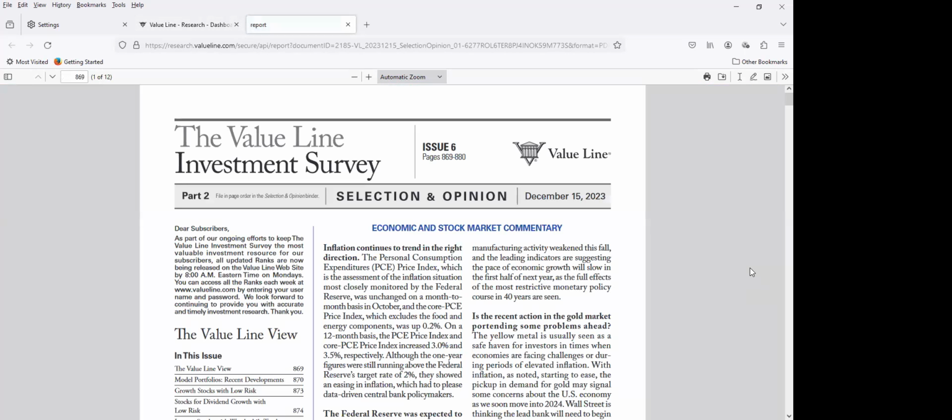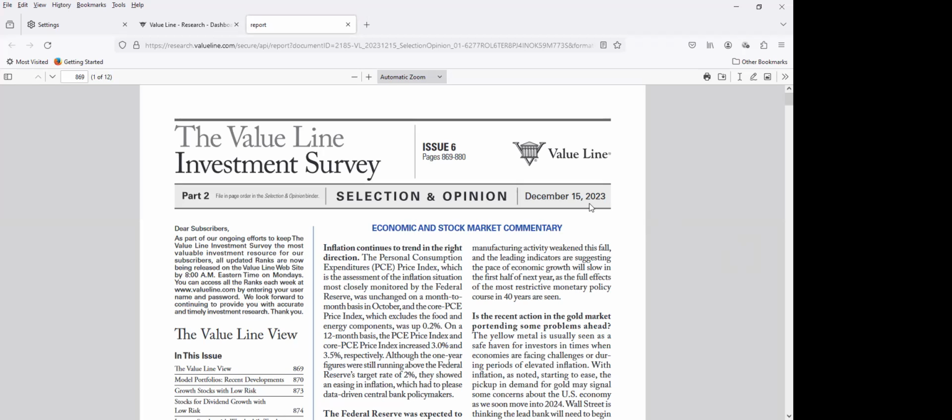That would include, for example, the Selection and Opinion newsletter that is updated on a weekly basis. So this will have information and articles pertaining to stocks. It may highlight a new stock that we're introducing to the Value Line universe, different types of screens that we've created, and all types of economic and market information within this little periodical. And you'll note the date, February 15th, which is actually tomorrow. So again, this coincides with the print, which is when it's released to those print